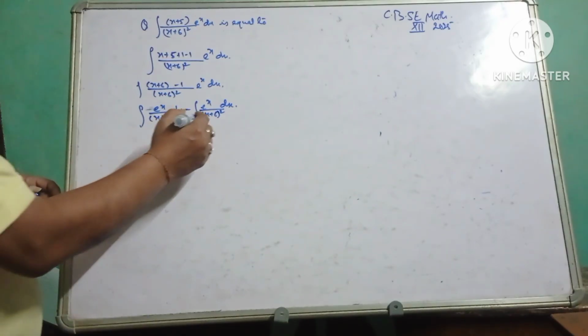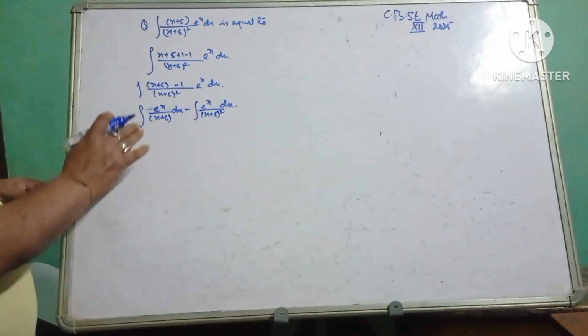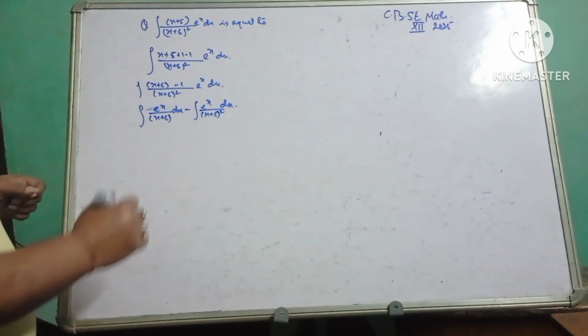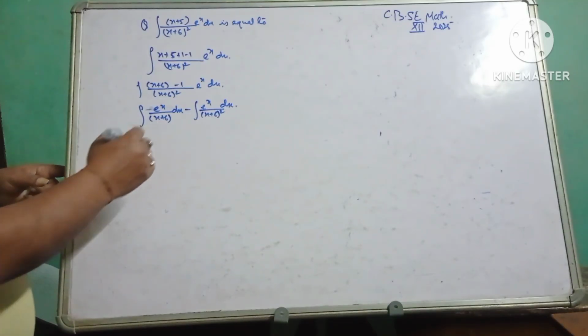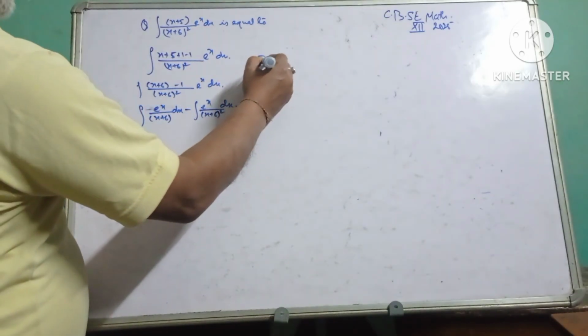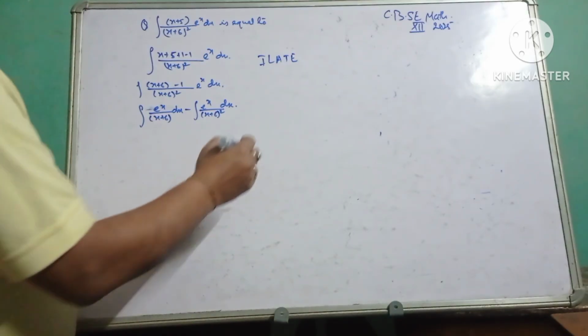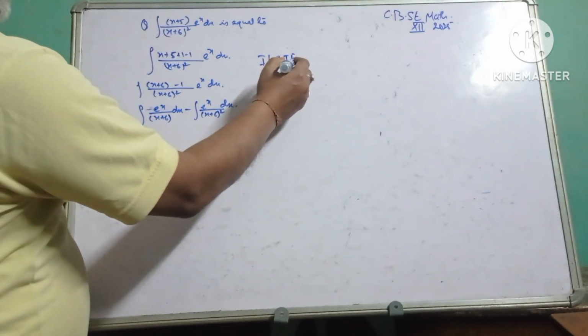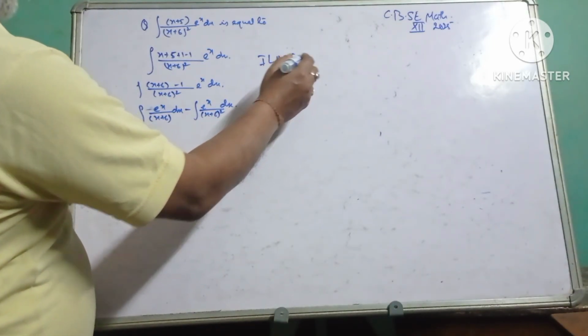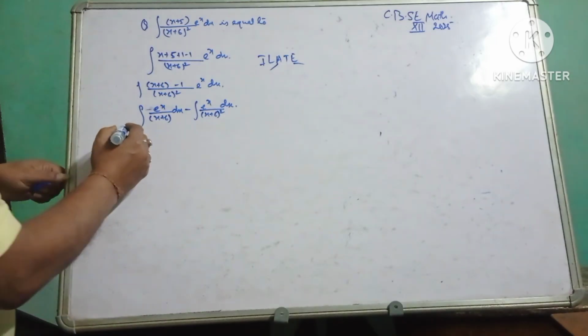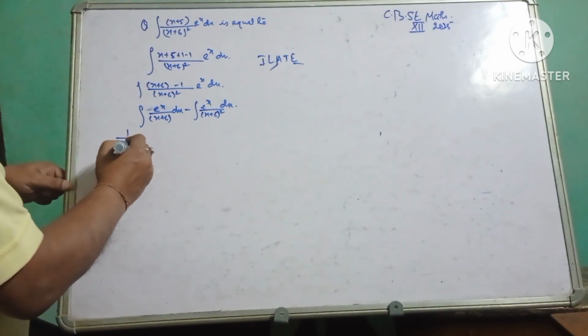Now you just keep this aside. Only I am going to integrate this one by parts. So ILATE: here algebra is the first function and exponential will be the second function. So 1 by x plus 6